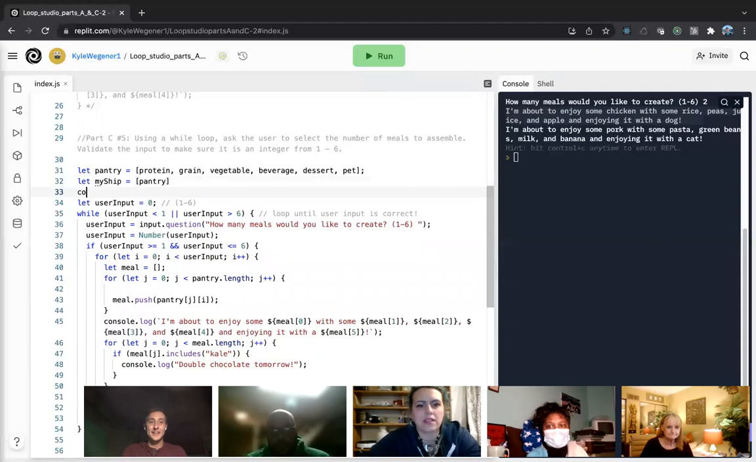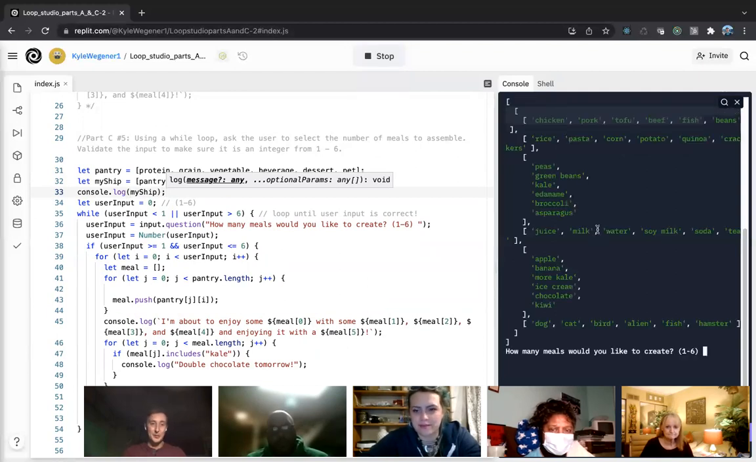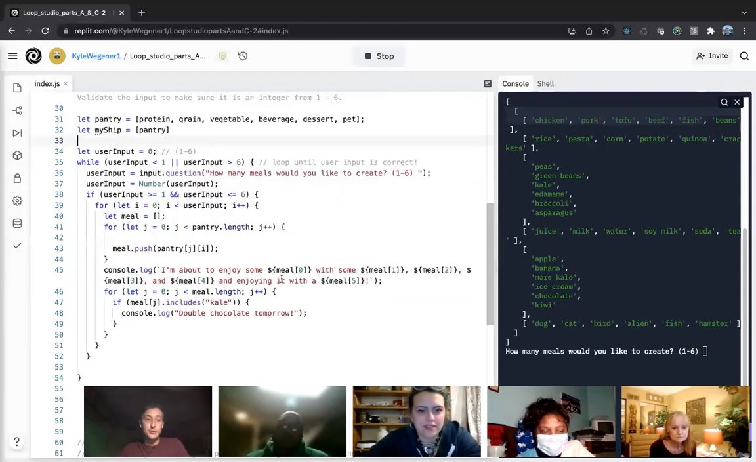You want to see what that looks like? So we say my ship. We run that. It looks horrid, but this is a 3-dimensional array. Welcome to it. It gets uglier and uglier. But yes, my ship, if we wanted to get that out of my ship or just build meals out of